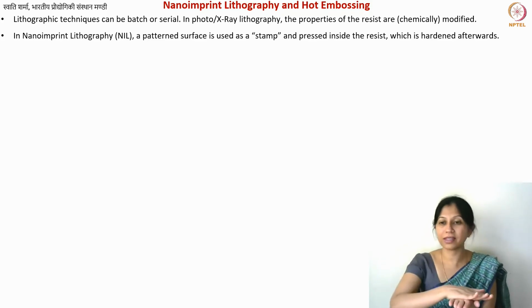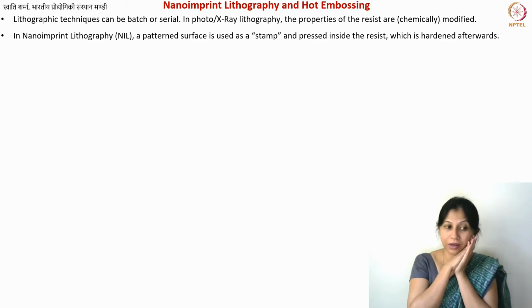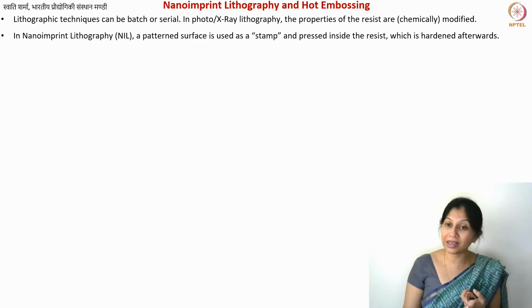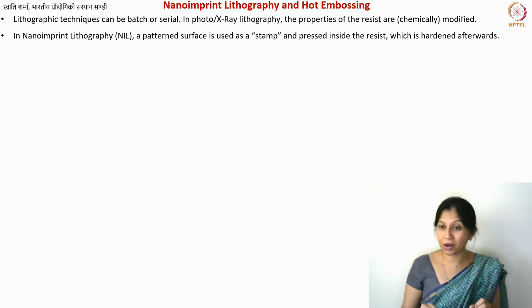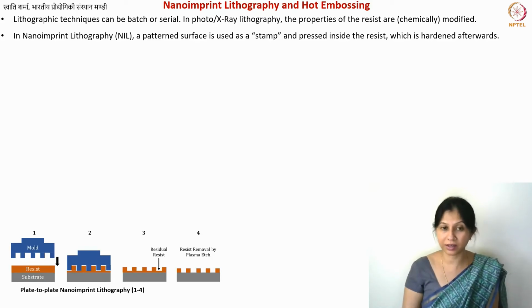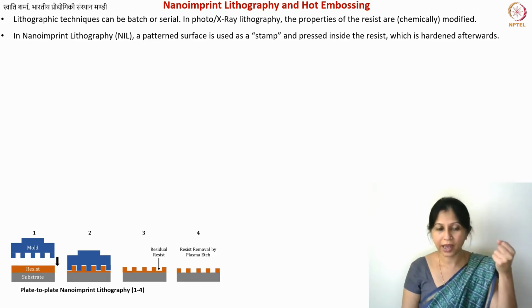And then you have a stamp. Now, when you have the stamp inside your resist, you will perform the cross-linking and then remove the stamp. Cross-linking can be performed using UV light, which depends on the resist, or can also be performed using just heating. And that is why it is then called hot embossing. So these are the same techniques with slight variations. So here is the schematic. You see that the blue colored thing is the mold, and then you press it in and then you remove it.